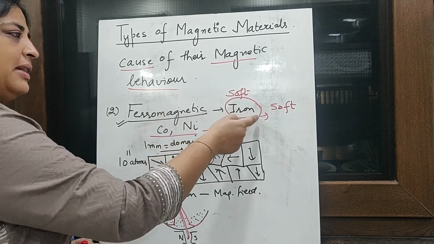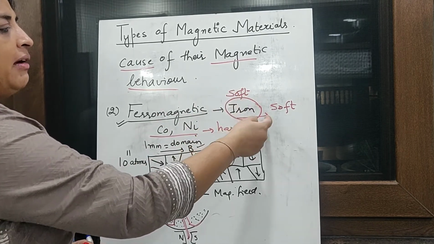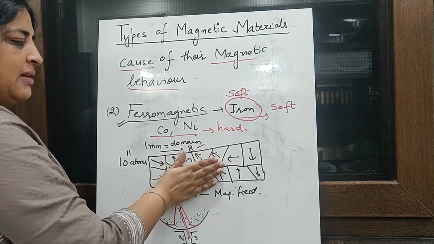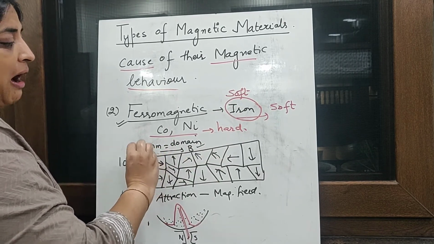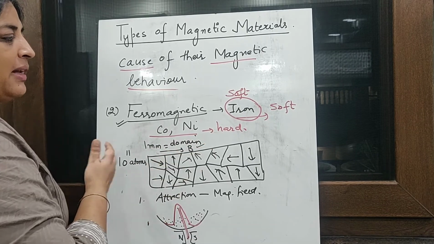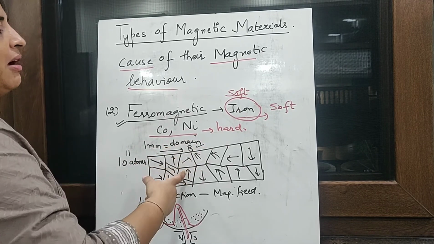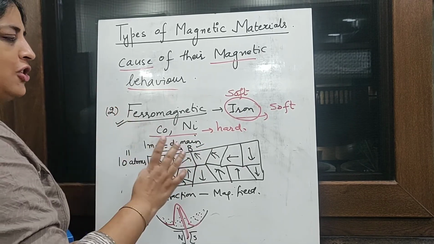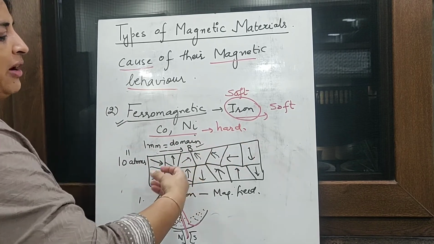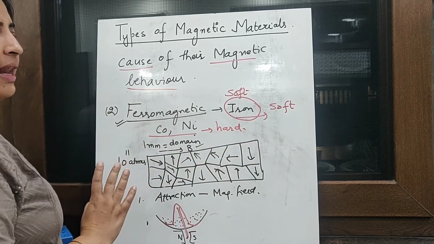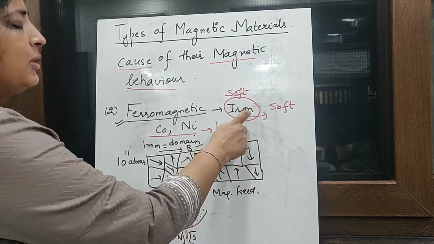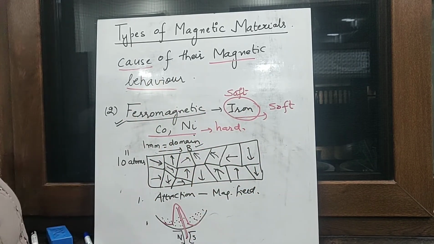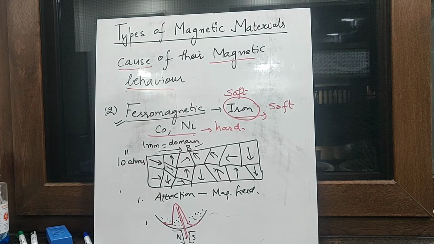Whereas another type, which I have mentioned already here, is soft iron. Suppose this is a bar of soft iron and you have applied a magnetic field, then after the removal of the magnetic field, it will again come back to the original position. That is, the magnetic moments will reorient themselves in the direction in which they were earlier. So there is no net magnetic field inside. So these types of materials are known as soft ferromagnetic materials.